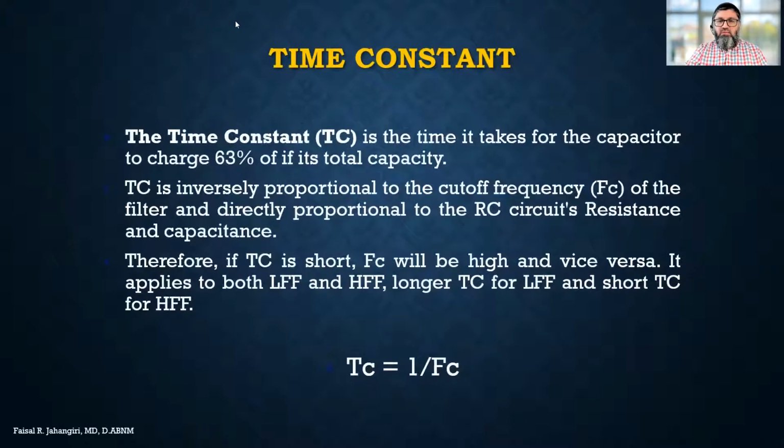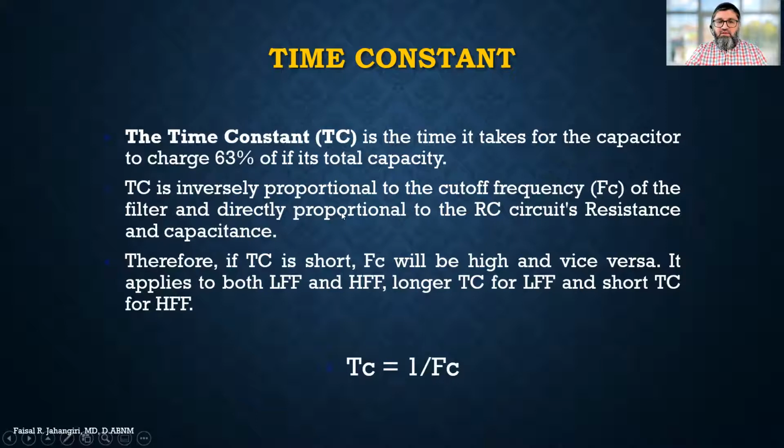So time constant, as mentioned for the capacitor, is the time it takes the capacitor to charge to 63% of total capacity. Time constant is inversely proportional to the cutoff frequency. FC, or cutoff frequency: if the cutoff frequency is higher, the time constant will be low. If the cutoff frequency is low, the time constant will be high. So the time constant is inversely proportional to the cutoff frequency of the filter and directly proportional to the RC